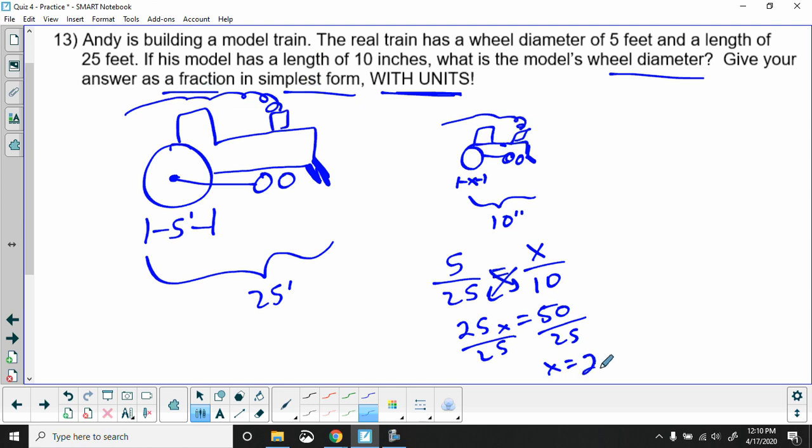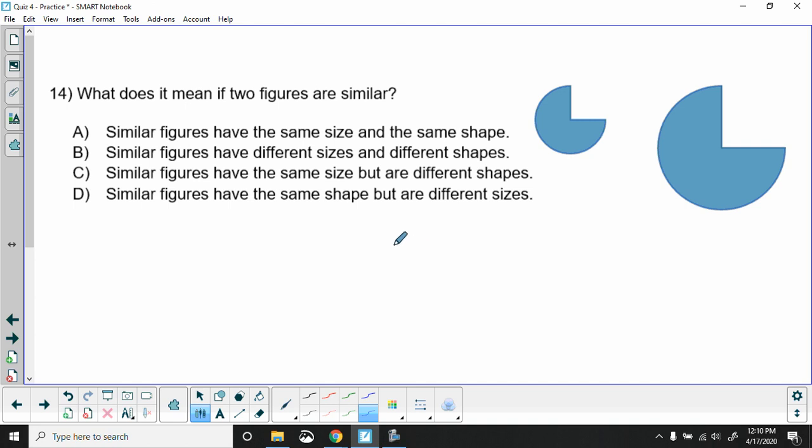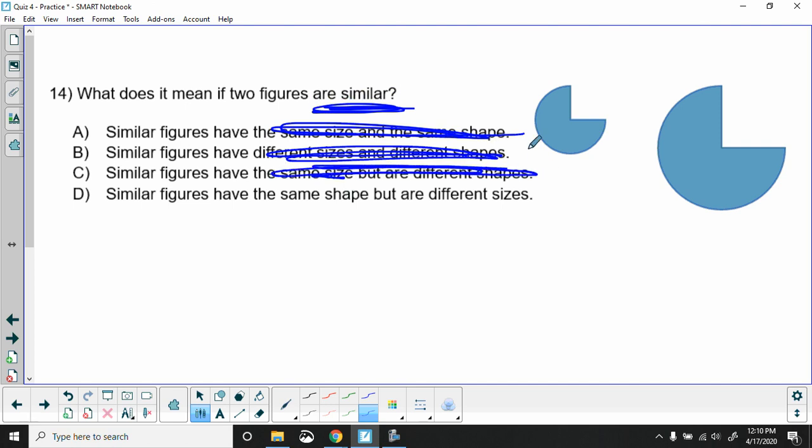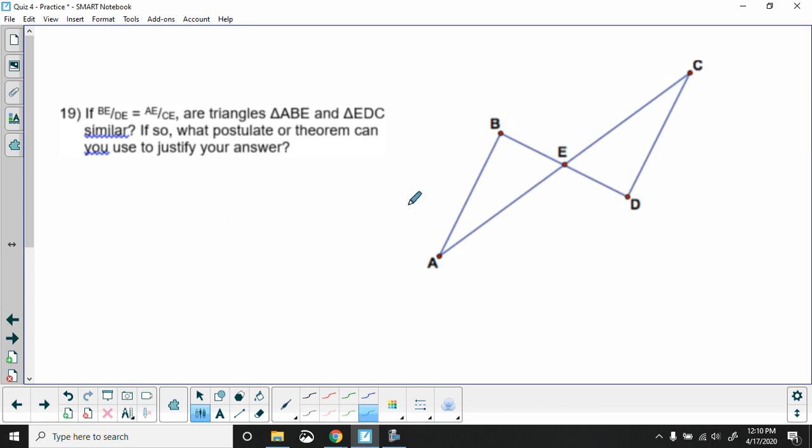Boop. What does it mean for two figures to be similar? Weird. It's like I told you 4 words that would give you this answer. Same shape, different size. Same size, same shape, that's congruency. Different size, different shapes, that's wacky nonsense. Same size, but different shapes, that makes no sense. Same shape, but different sizes. Yes. Boop. If BE is proportional to DE, and AE is proportional to CE,